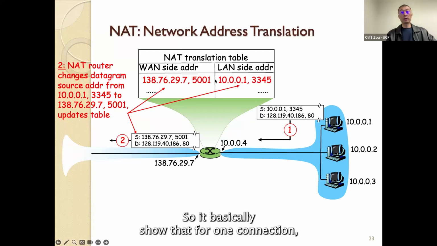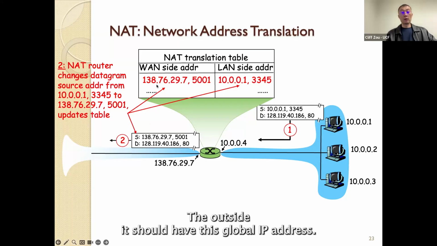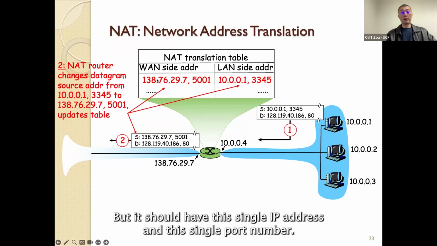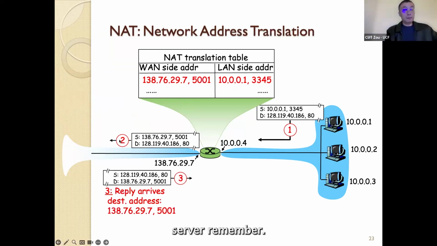So it basically shows that for one connection, inside, this is the IP address and port number. Outside, it should have this global IP address. Remember, this Wi-Fi router only has a single global IP address, but it should have this single IP address and this single port number. Then when this packet goes to the web server,